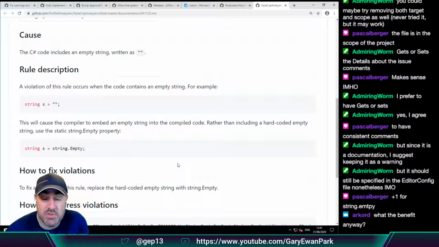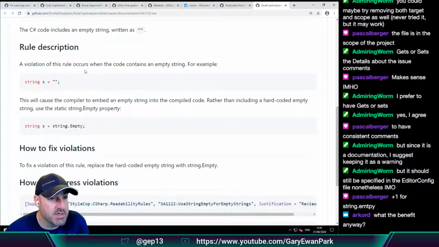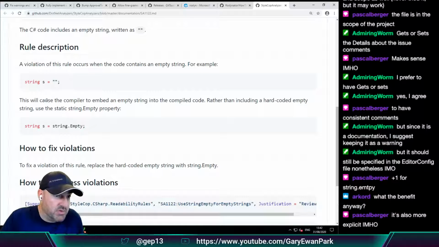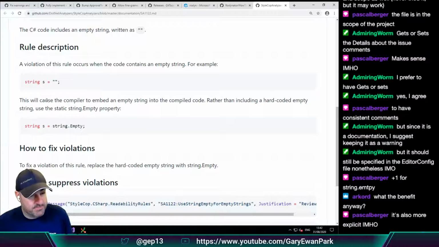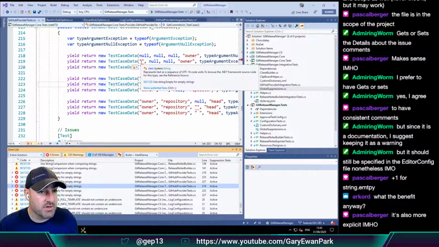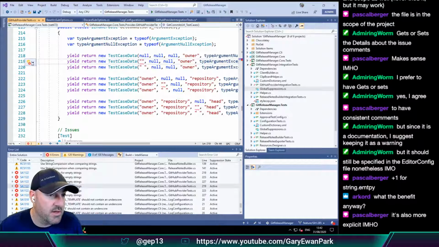So it's basically an optimization in the compiled code. It is also more explicit in terms of reading it, yes. So I concur.